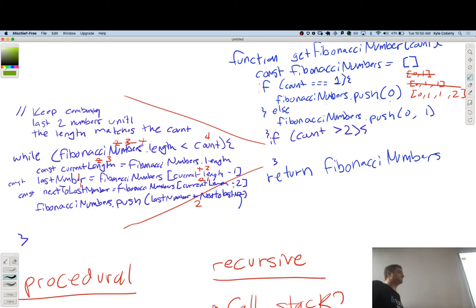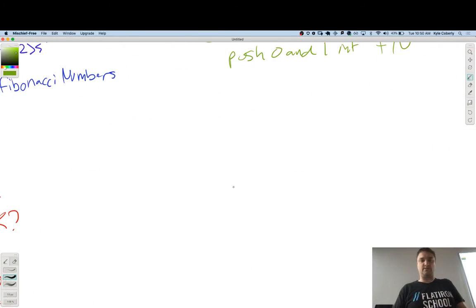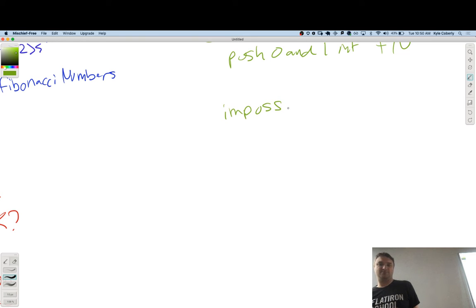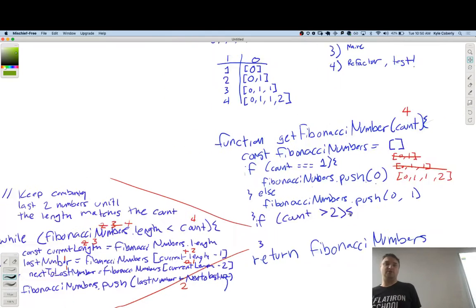So what happens when it's out of your brain? You just don't get the question and you don't know how to solve it. You still just go for it. Awesome. Let's do an example of that. I want to make sure we've answered any questions people have first. Call that the impossible question. More questions about my approach to solving that Fibonacci one?